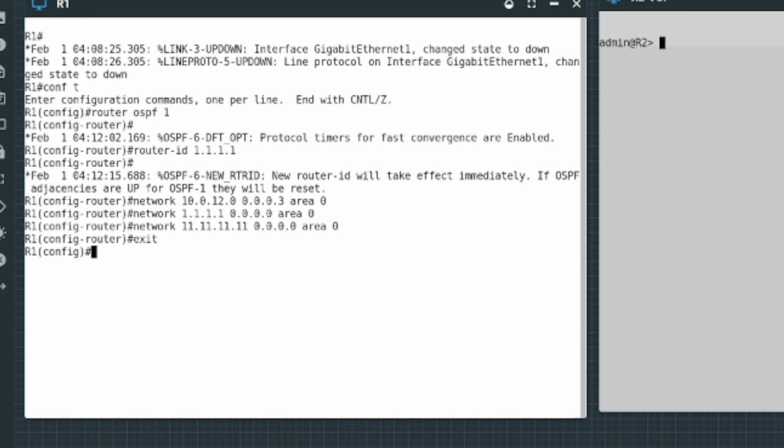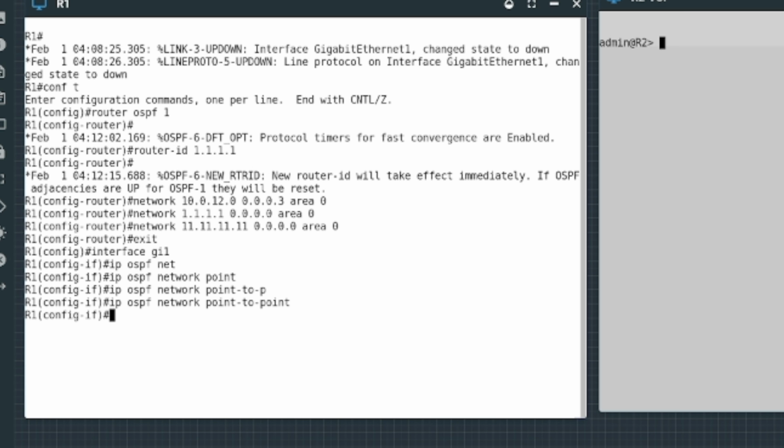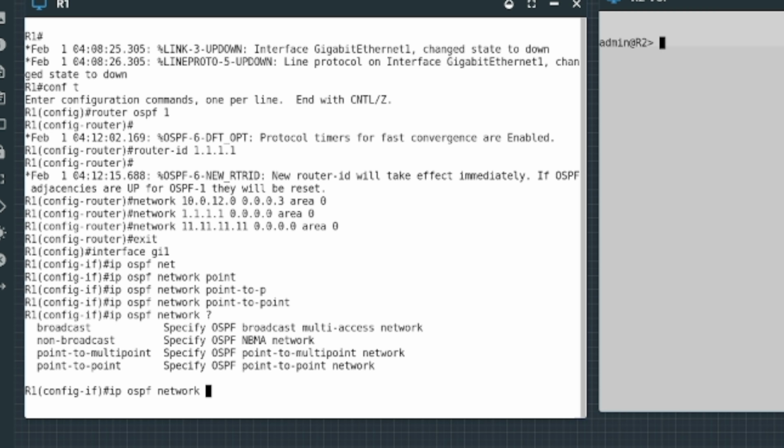Now, since I want to make this a point-to-point link, under the interface, I have to add that configuration. So under interface Gi1, we're going to do ip ospf network point-to-point. If you're curious as to what other options are under that, broadcast for an Ethernet link, point-to-multipoint and non-broadcast are kind of used in old school Frame Relay. You may want to use point-to-multipoint on a DMVPN, but that's really where those would exist. So let's exit out of this